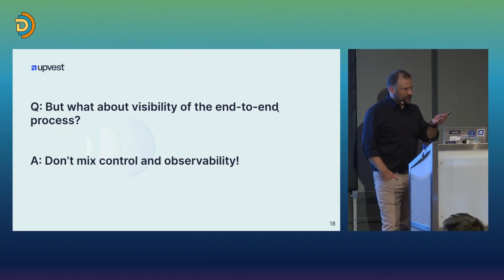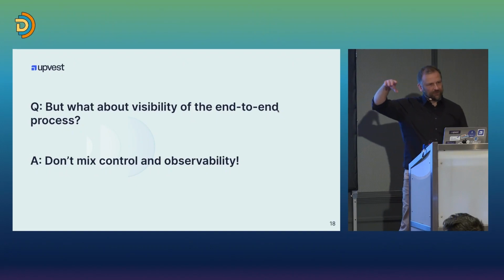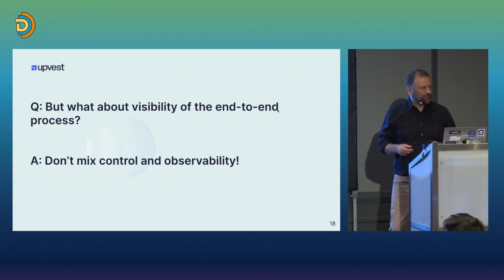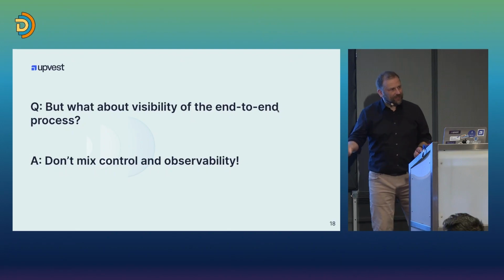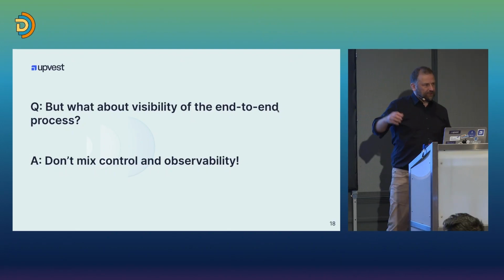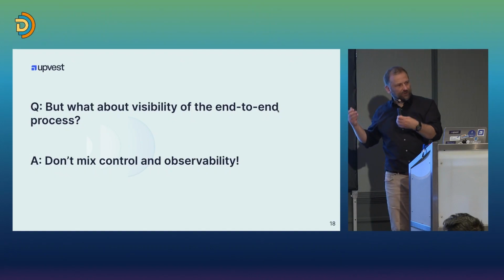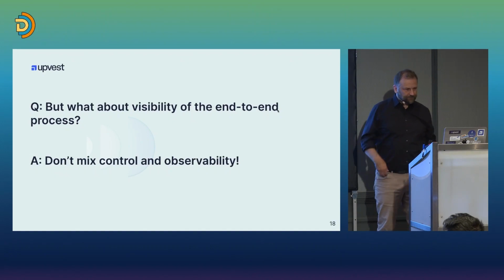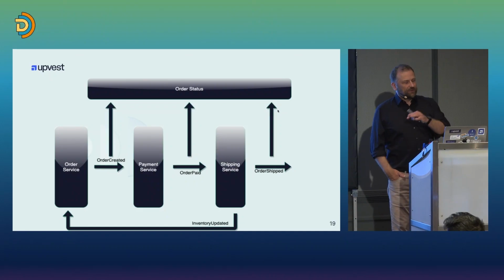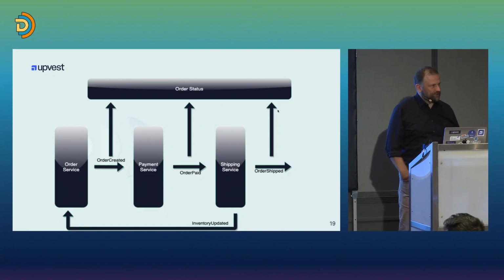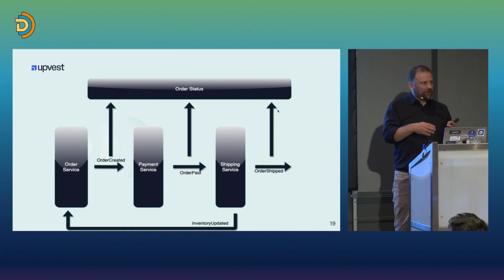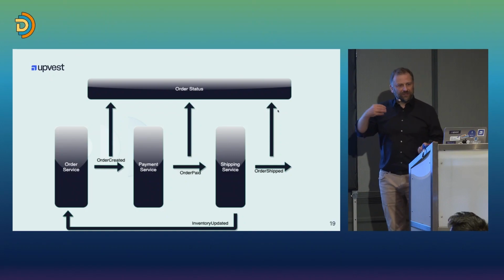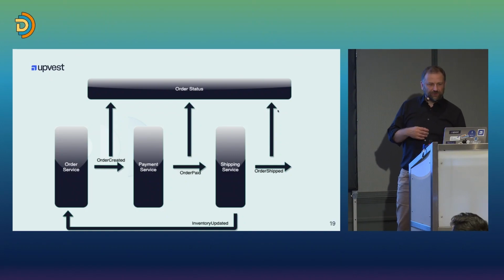As an example, Temporal.io, I mentioned it, they also offer end-to-end visibility about how your workflow goes, but that's a completely separate subsystem. The actual workflows can be handled by different machines on different nodes, but you want to aggregate the data to query it. So they put in an Elasticsearch server and push events to Elasticsearch and observe it there. And of course, you can build your own order status service that will subscribe to all of these events. And then you have the overview of the overall status there, right? So control and observability don't have to be mixed, and so we shouldn't mix them.